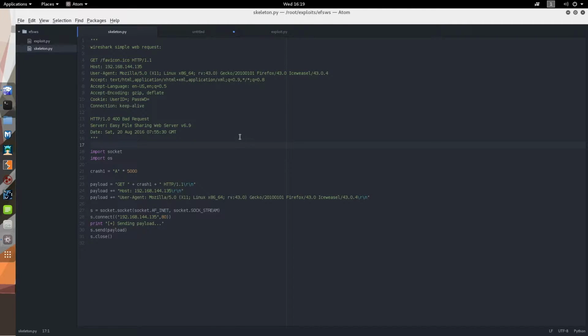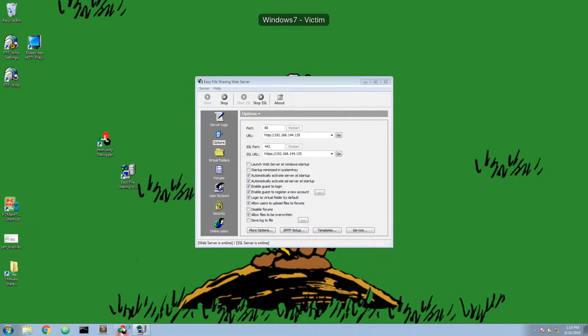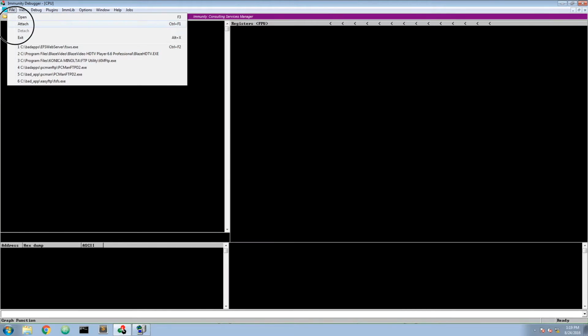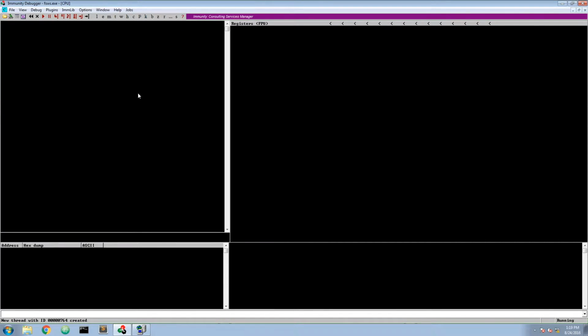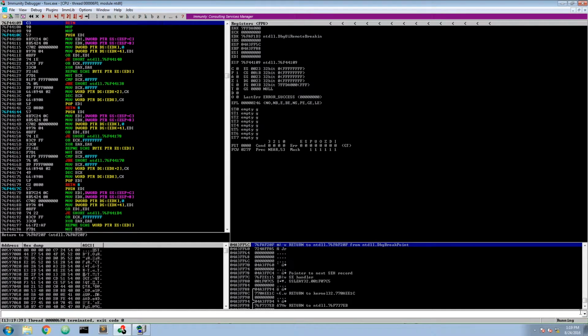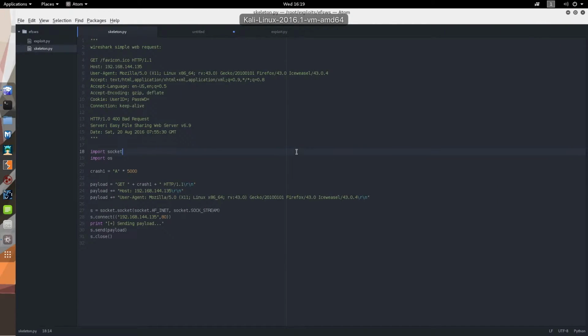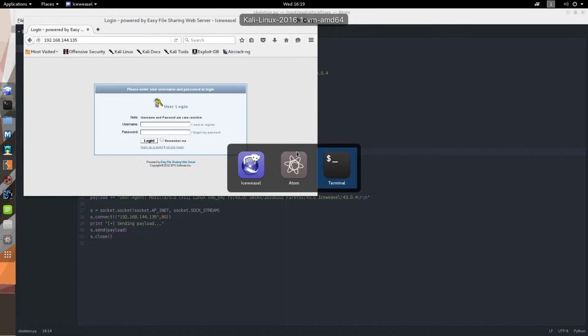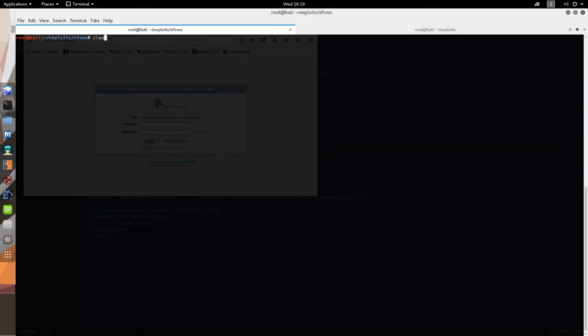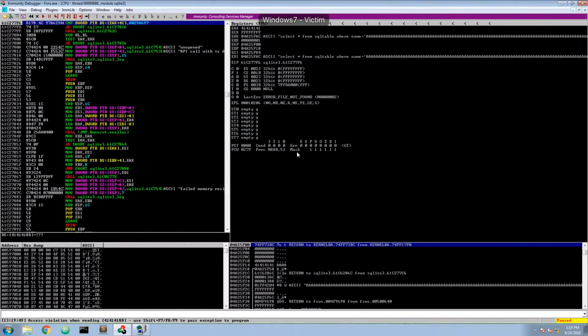We save it. We open our debugger, we attach it to the web server. We make sure it's running and we send our first payload to see if it's working. Python skeleton. And as we can see, we have our first access violation when reading 41.41.41.8d.